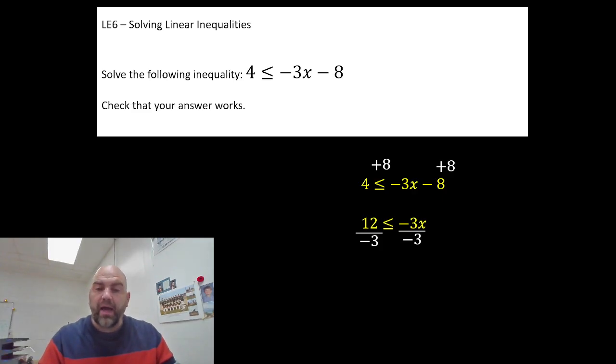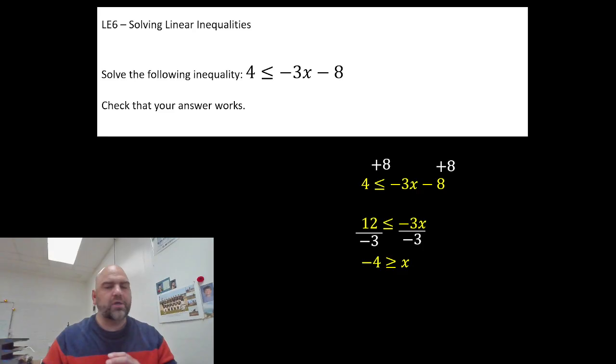And when we do that, okay, here is the little tweak. When we divide by negative 3, we're going to get negative 4 on the left-hand side. But you might notice, if you are paying attention there, that I have switched my inequality sign. Yeah, I did that. If you didn't do that, and you had x is greater than or equal to